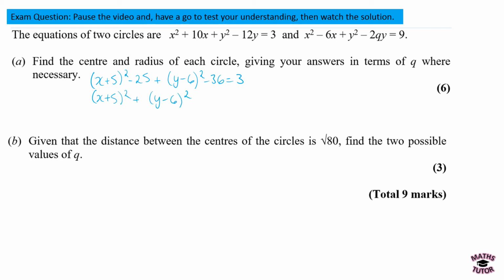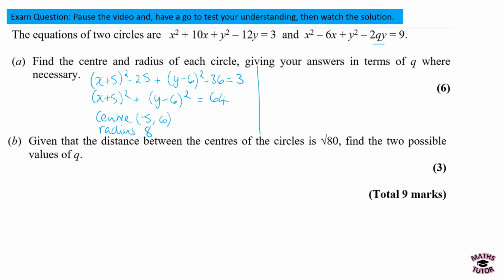Taking the minus 25 and minus 36 to the other side and adding it to the 3 will give you 64. So our centre will be at minus 5, 6, the opposites of those brackets, and the radius will be 8. Now doing the same to the other one, which has just got this y term in terms of q,